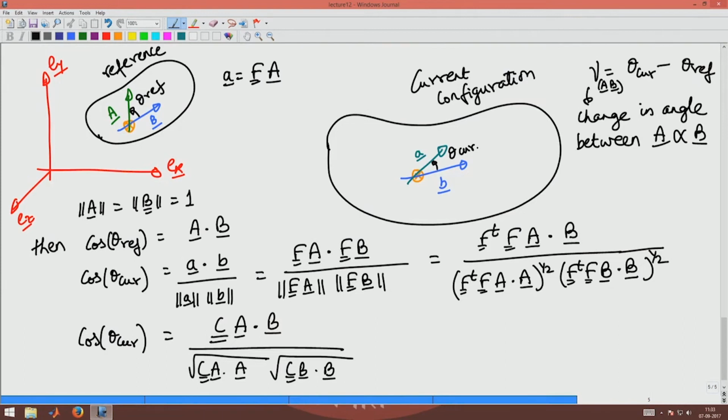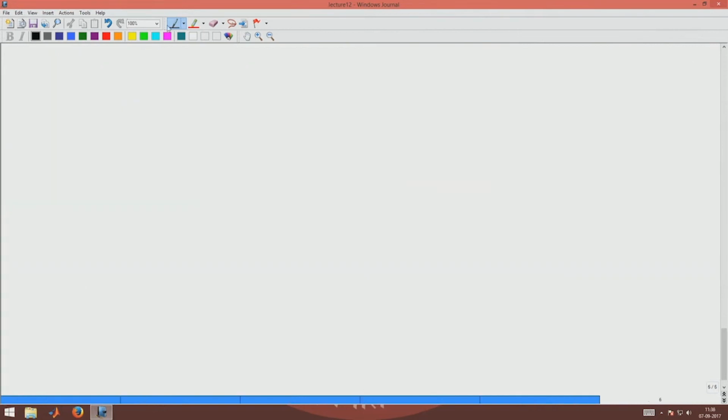Okay. What am I interested in? I am interested in finding the gamma AB. Now, I know what is the current angle, I know what is the reference angle. So, how do I go about computing gamma AB? I have to take the cos or the sine of gamma AB. We define gamma AB as theta current minus theta reference. This will imply theta current would be theta reference plus gamma A comma B,